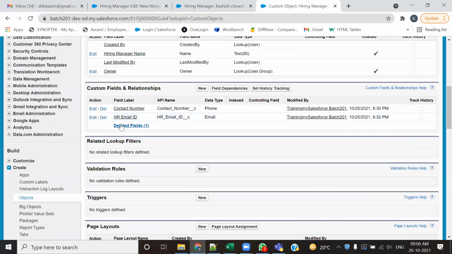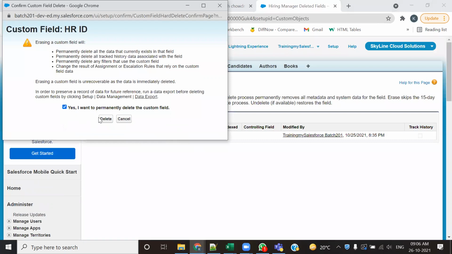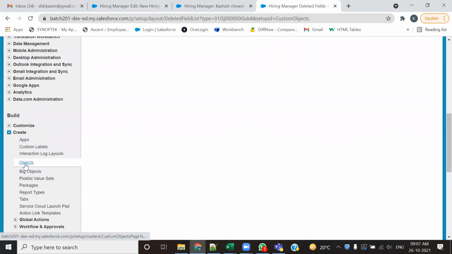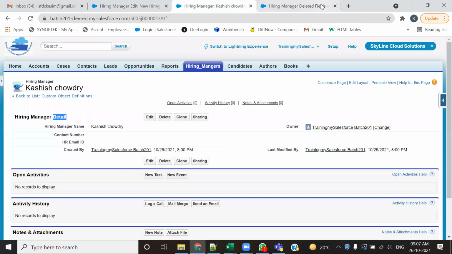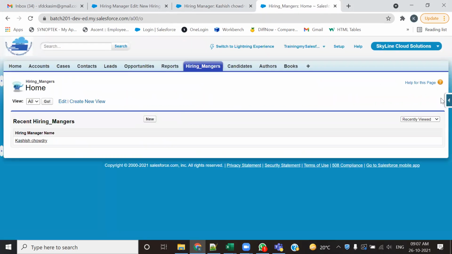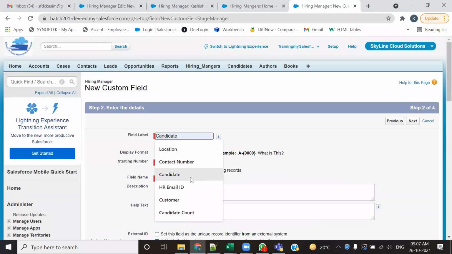HRID, I deleted this field, ठीक है, permanently deleted. ये जो फील्ड है इसको फिर से क्रिएट करता हूँ मैं, let's once again create the field. सेम थिंग, hiring managers, let's expand this, new, select the field as to be the auto number, click the next button, and then field name is HRID,